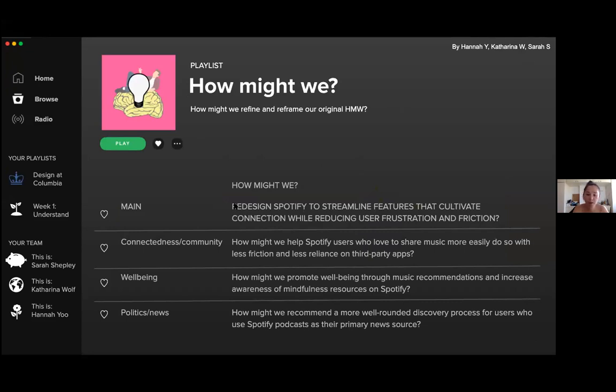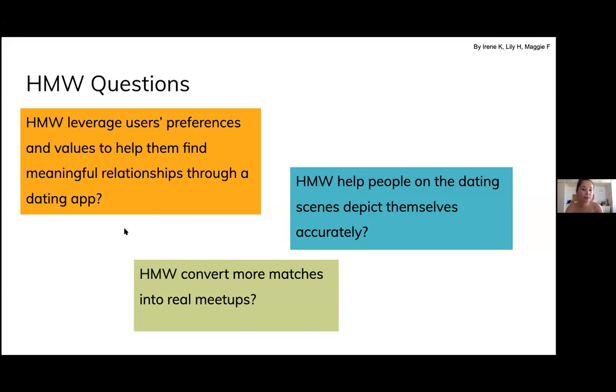So the main how might we prompt was how might we redesign Spotify to streamline features that cultivate connection while reducing user frustration and friction. And then I'll just read through the first one, which is focusing on community. How might we help Spotify users who love to share music more easily do so with less friction and less reliance on third-party apps? So that's one way that you can refine your how might we from something broad to something that's more centered on community. I'll leave you to read the rest in your own time if you want examples. There are more here for a dating app,